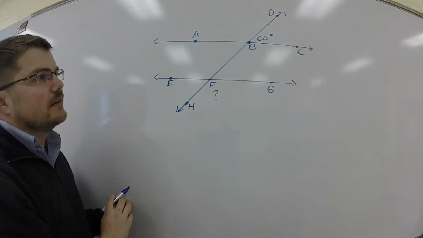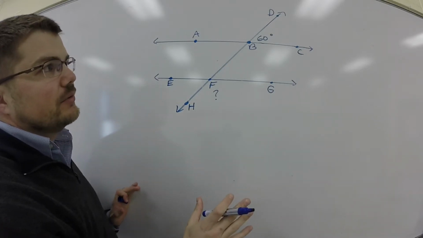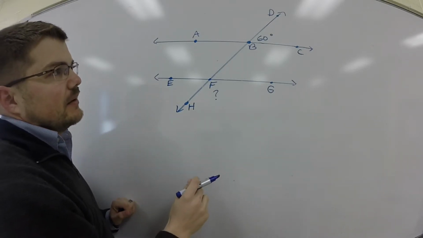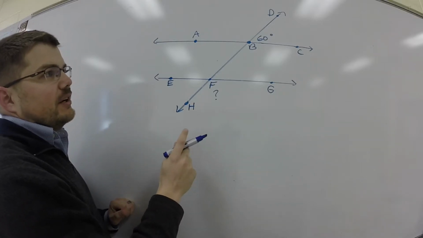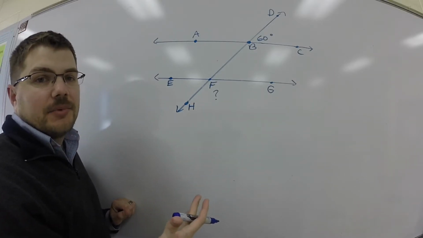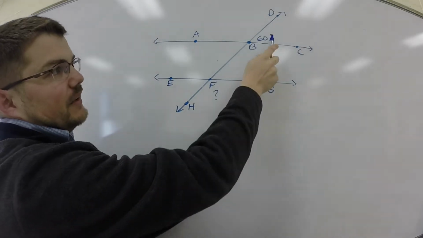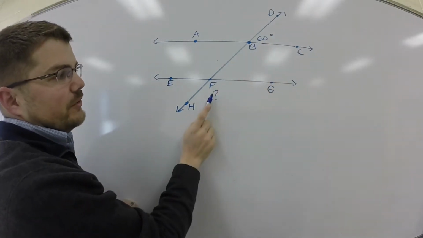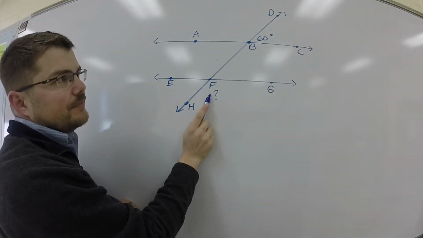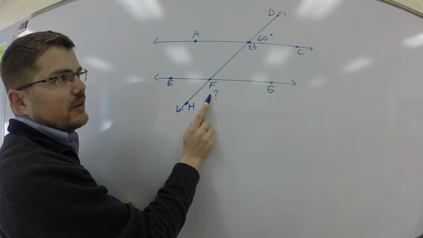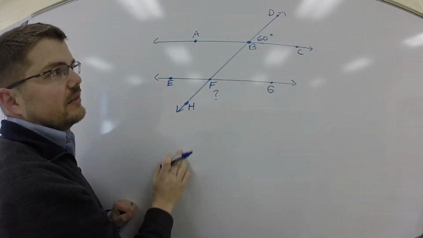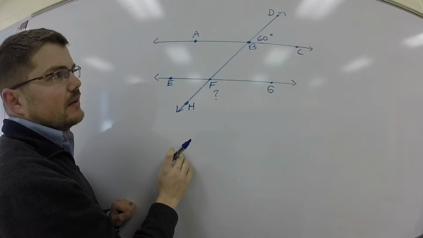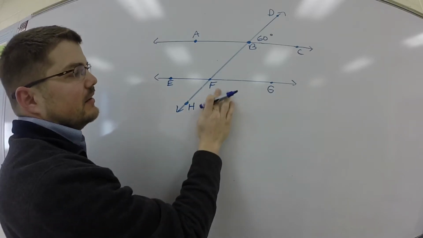Okay, let's remember that all of our acute angles are equal, all of our obtuse angles are equal, and if we take an acute and add it to an obtuse, it's 180. So if this is an acute angle, it wants us to find the obtuse angle. We're just going to take this and subtract it from 180. So 180 minus 60 is going to give us